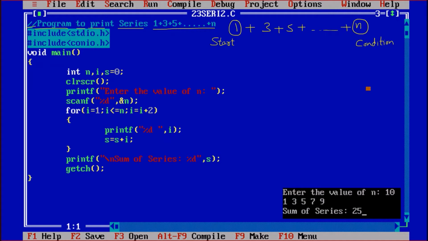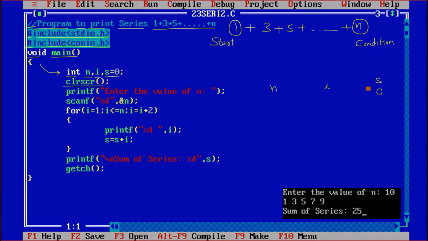We have made the comment of program to print the series. Then #include <stdio.h>, #include <conio.h>, void main coming inside, int n, so one variable n is declared, i, one variable i is declared, s equal to 0, so one variable s is declared and the initial value of s is 0.